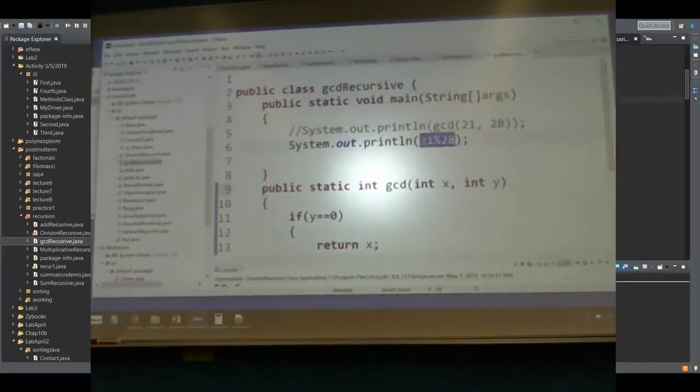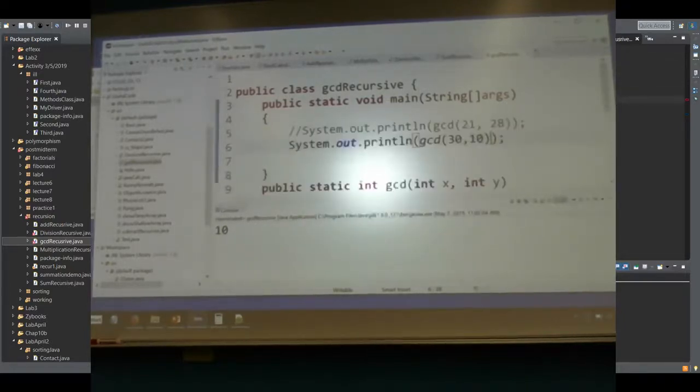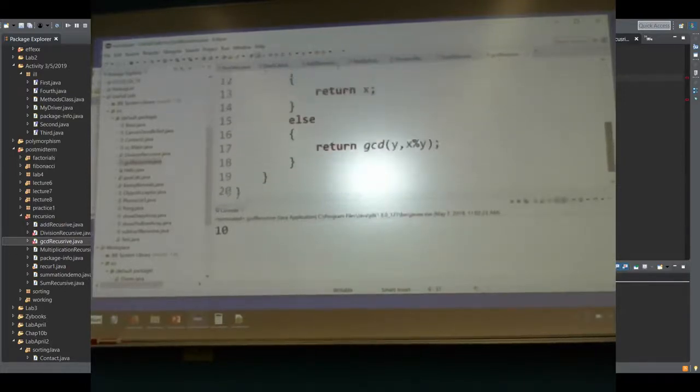So let's use 30 and 10. Okay, so we get 10. So now if we do GCD of 10 and 30, let's see if we get that same answer. I'm guessing it doesn't work. Oh, it does. So it does work because